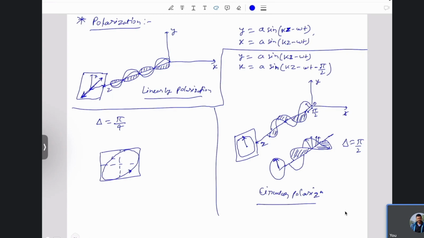So these are the different types of polarization that exist. Okay,